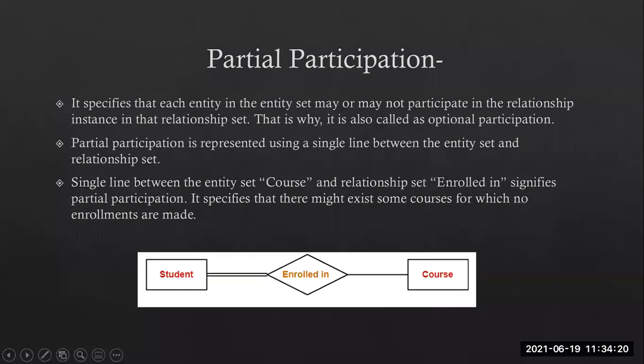Sai Prakash, Maitri, Aishwarya. Sai Prakash has taken Java. Maitri has taken advanced Java. Aishwarya may take or may not take. It is her choice. When she says may not take, then it will become this word partial participation. Why?